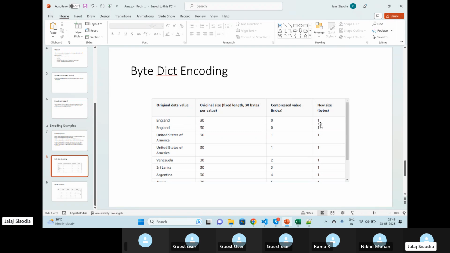And when the query results come back to us on the console, we are going to see decompressed data, that is, the original information. We are not going to see the compressed value. That compressed value is only stored, it is not going to be represented to you. Okay. So if you have any questions on byte dict encoding,